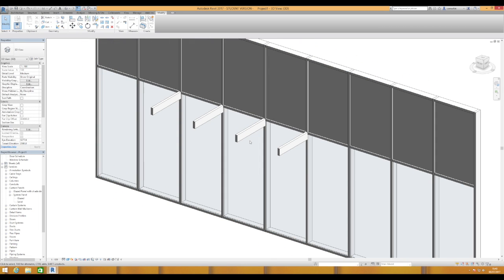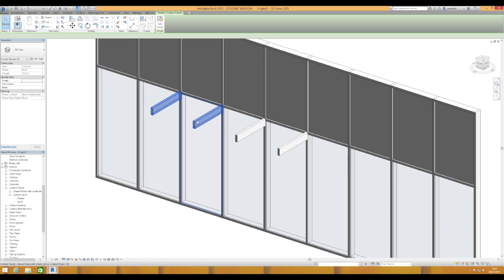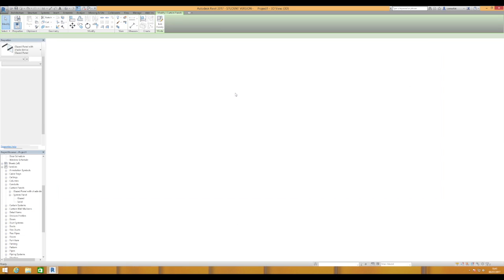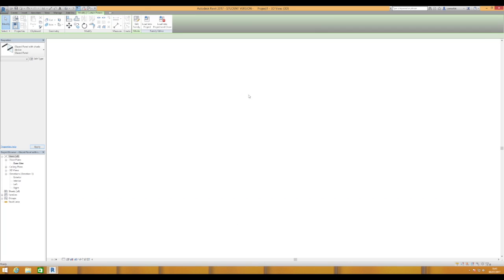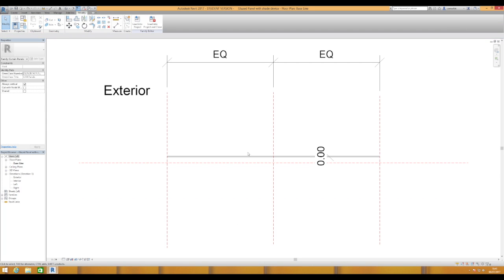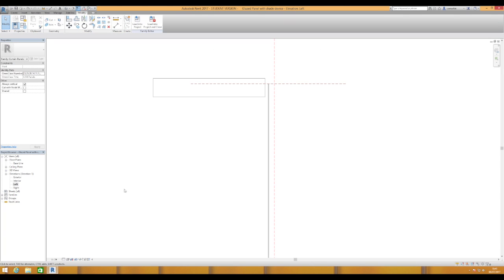Okay, so let's edit that family again. So tab, easiest way of doing it, and then click edit family. It opens up the family editor again for us. And now what I'm going to do, we've got this reference plane here called right. I think what I'll do now is start working on this left-hand elevation looking at that reference plane called right. So if we double click on the left-hand elevation there,